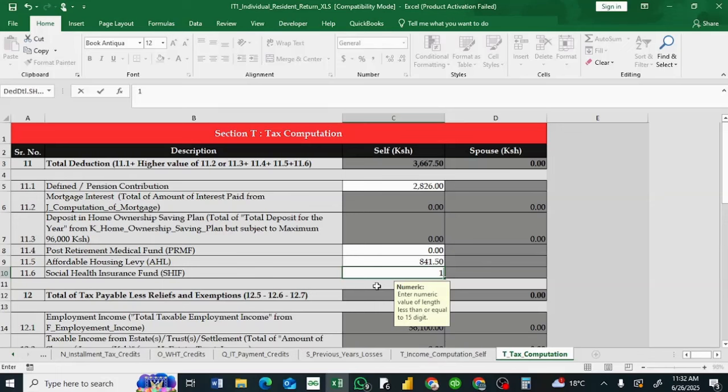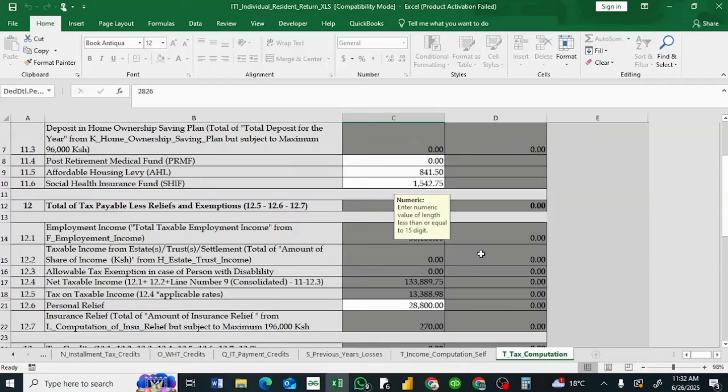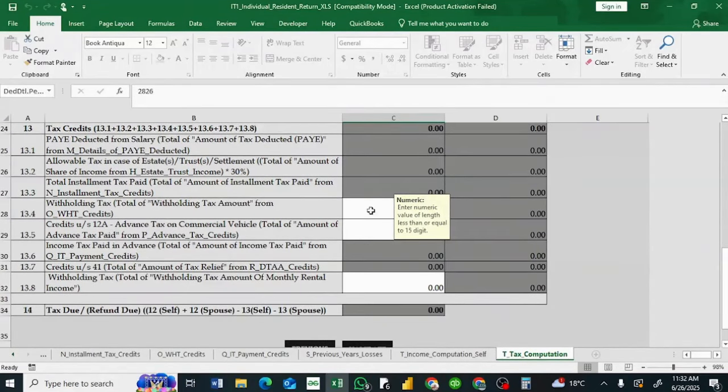Yes, 1542 and doing so tumemaliza here. So the most important thing before you submit your returns is to fill part withholding tax,